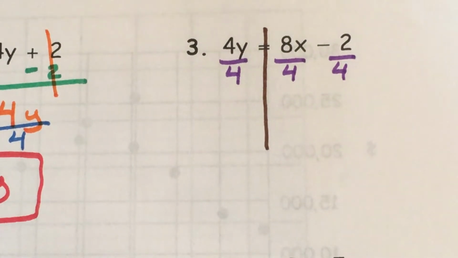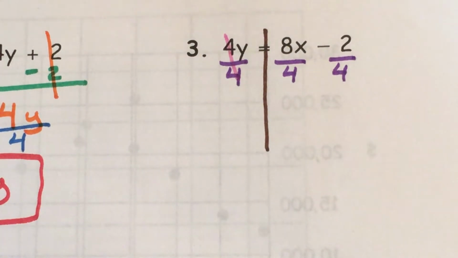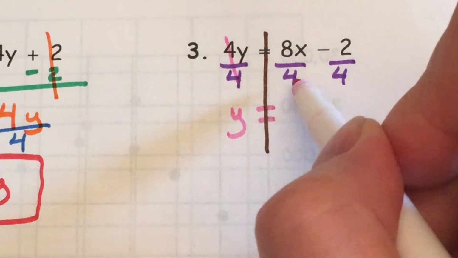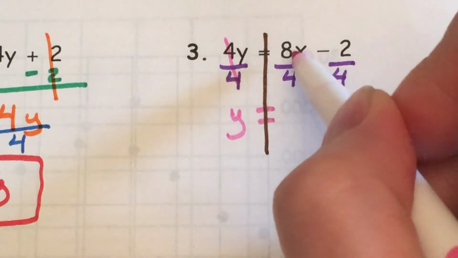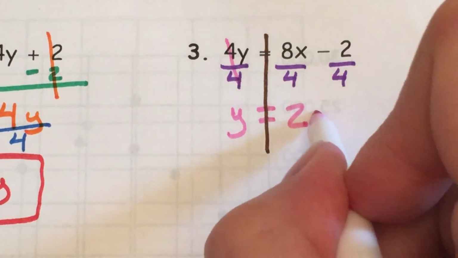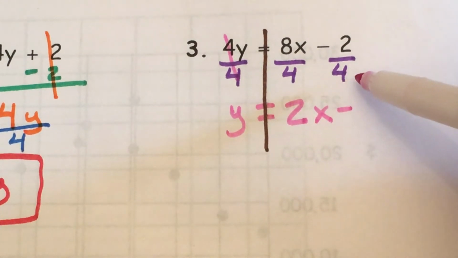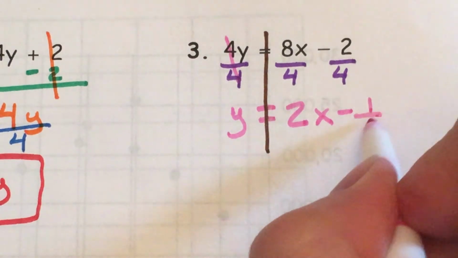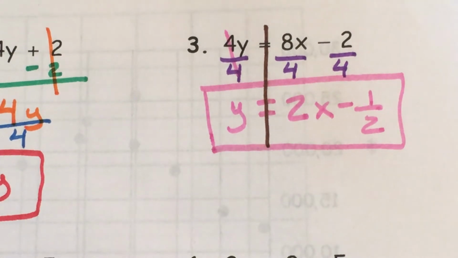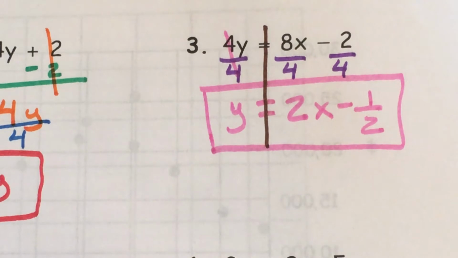See, you were scared and this one was really easy. These 4's cancel. And y equals. So 4 and 8. 8 and 4. Does 8 divide by 4 and reduce? Yes, it does. It makes 2x minus 2 divided by 4, which makes, that's right, 1/2. Wasn't that easy? You're becoming an expert, aren't you? All right. So to finish this off,